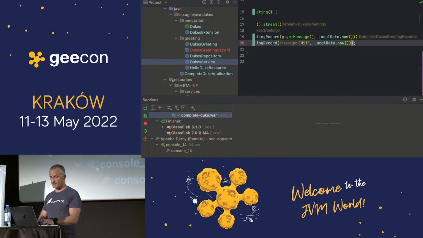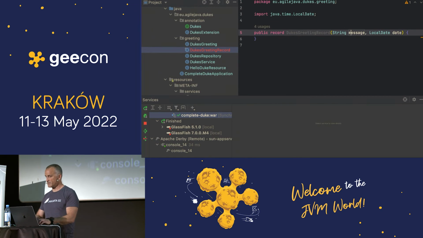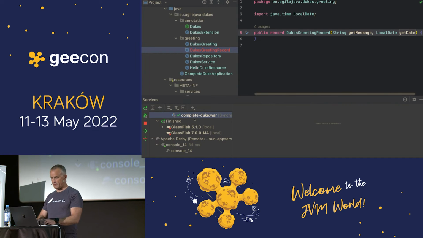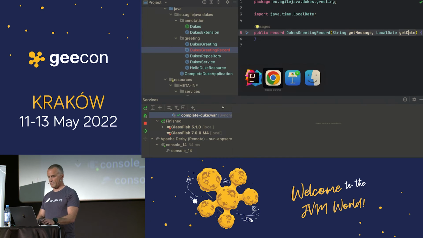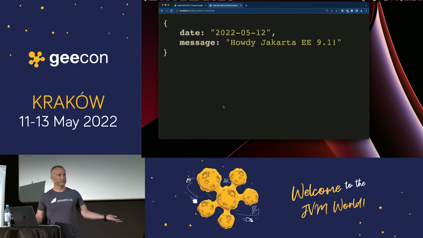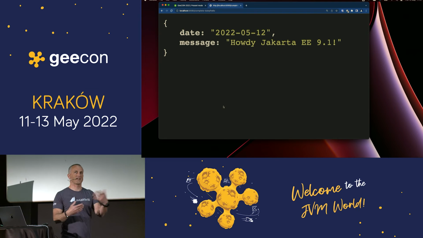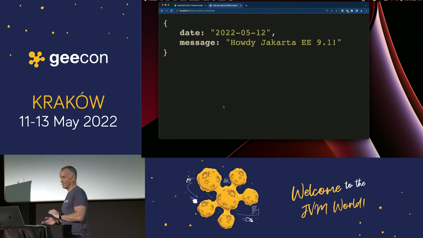So there is a trick, and that is to just call this one getMessage, and call this one getDate, and redeploy it. And then magically it works. Right, so it's a hack, but you have to do it in Jakarta EE 9.